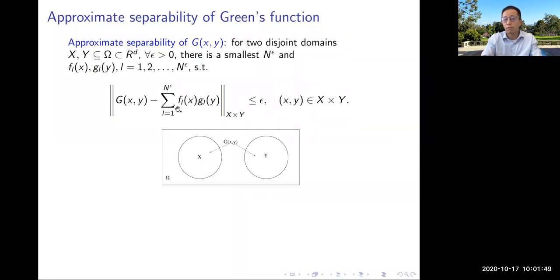If you look carefully, this really looks like your matrix, an infinite dimensional matrix, whether you have a low rank approximation. Okay, X is one direction, Y is another direction. So the question is whether this has a low rank approximation. You can think in that way. But this is what we're talking about, a two variable function.